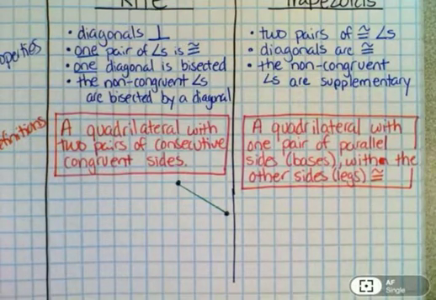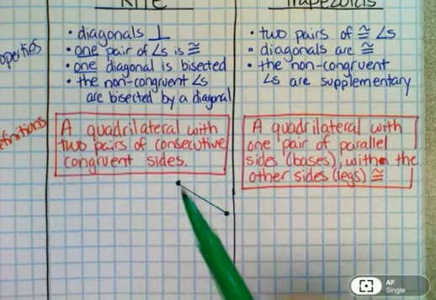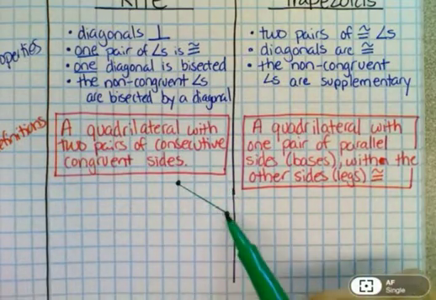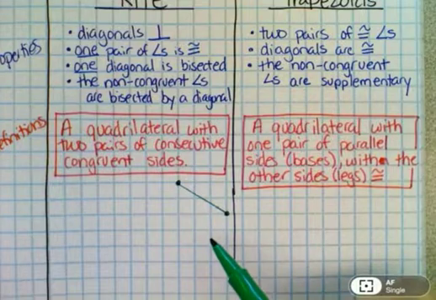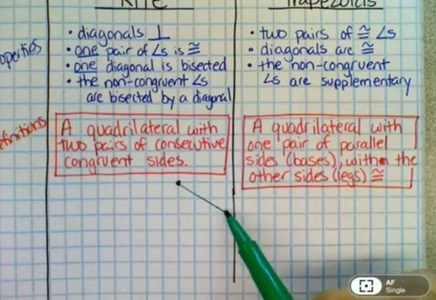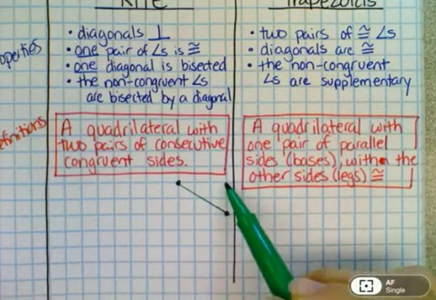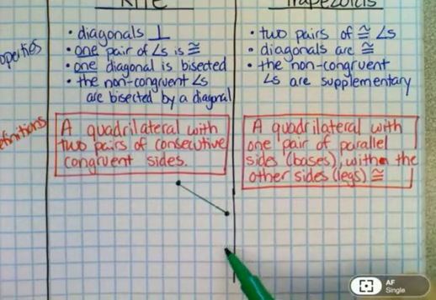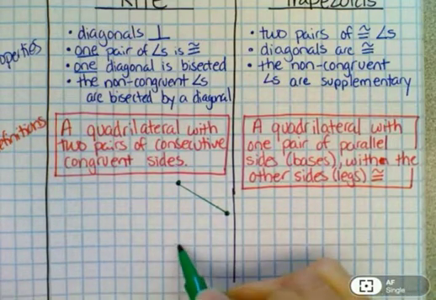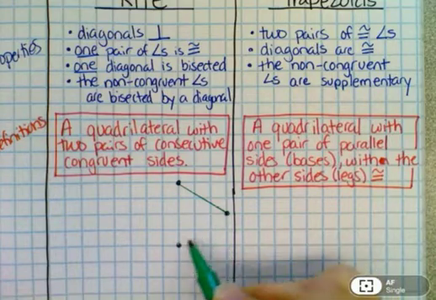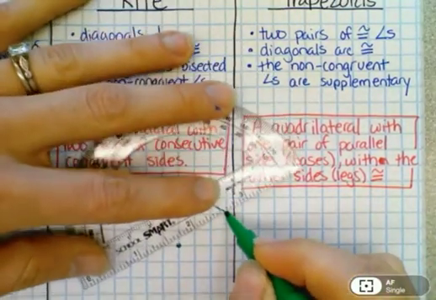So I need 2 pairs of consecutive congruent sides. I'm going to make a side right next to this that's exactly the same length. The easiest way to do that is to go up 2 and over 3 or down 2 and over 3. So if I put it right there and make it nice and symmetric,